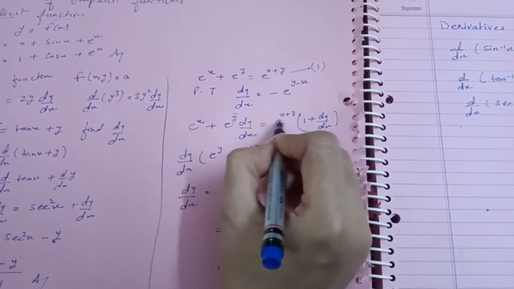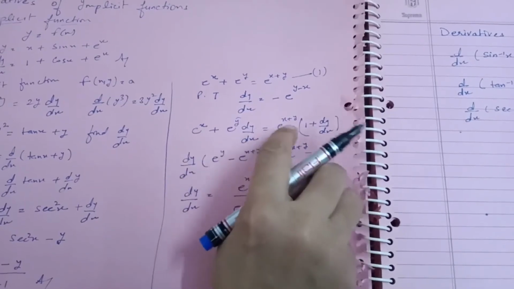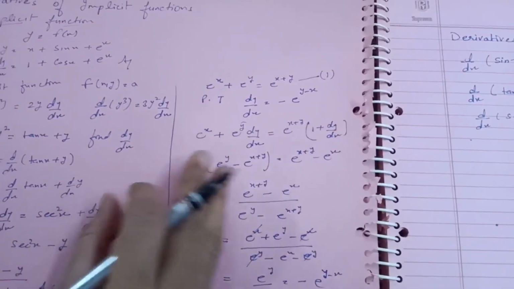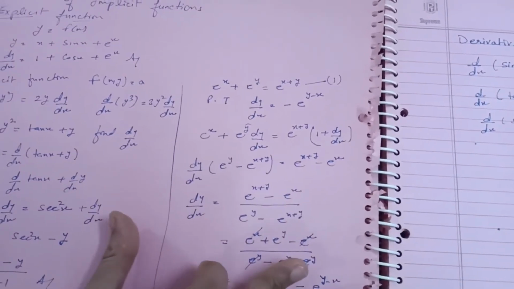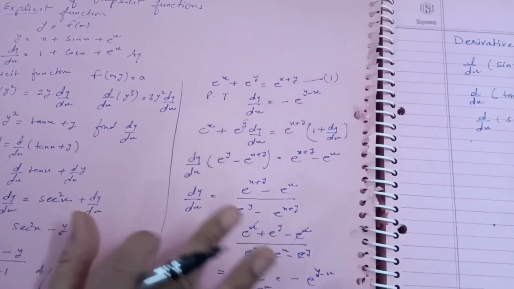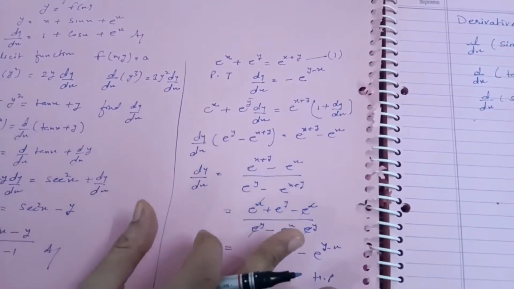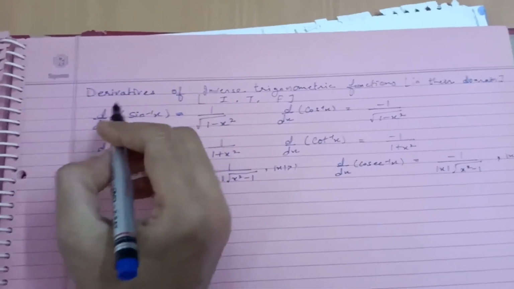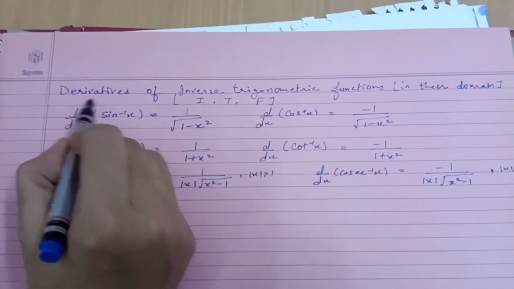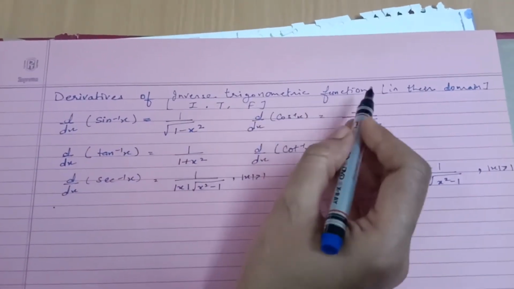I just want you to open it. If you are not getting it, open it and transpose the dy/dx part to one side, and that is okay. This is your derivative of an implicit function. One more topic in this same exercise is derivatives of inverse trigonometric functions. That also I am going to take. Listen now. One more topic given in this exercise, derivatives of inverse trigonometric functions.